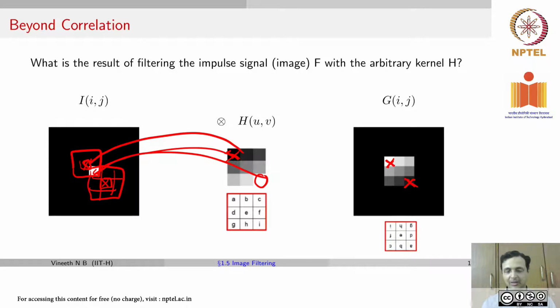We thought a typical identity operation, for example an impulse signal, we would expect that if you perform the operation with the kernel, you get the kernel itself. But sadly here we notice that you get the output to be double flipped. What do we do if we want an operation like an identity operation, where if you take an impulse signal and you do that operation with the kernel, you should get the kernel itself, which, as you can see, does not happen when you do cross correlation.